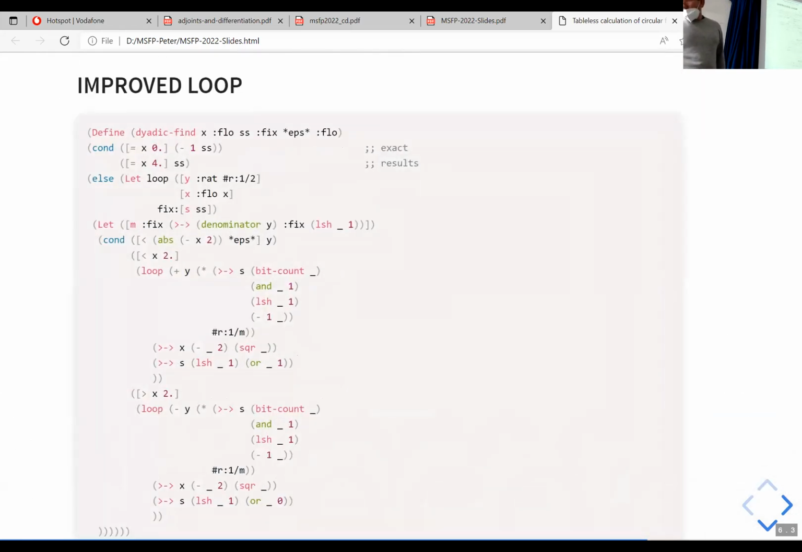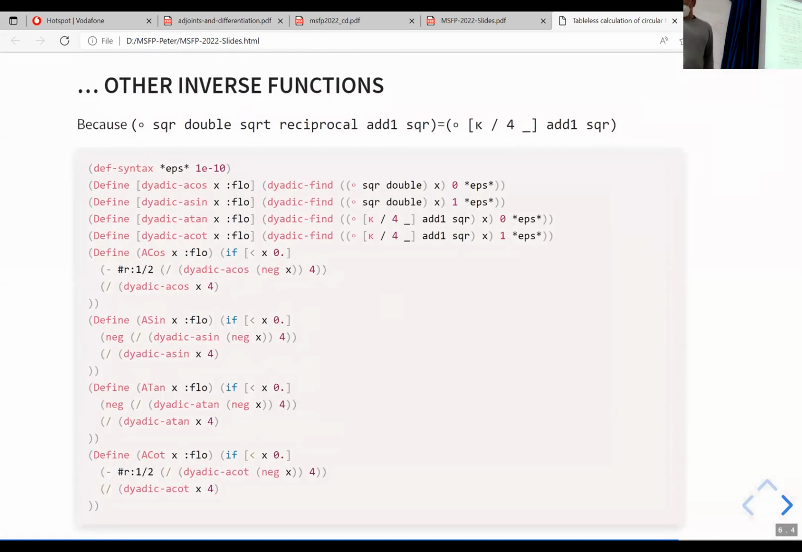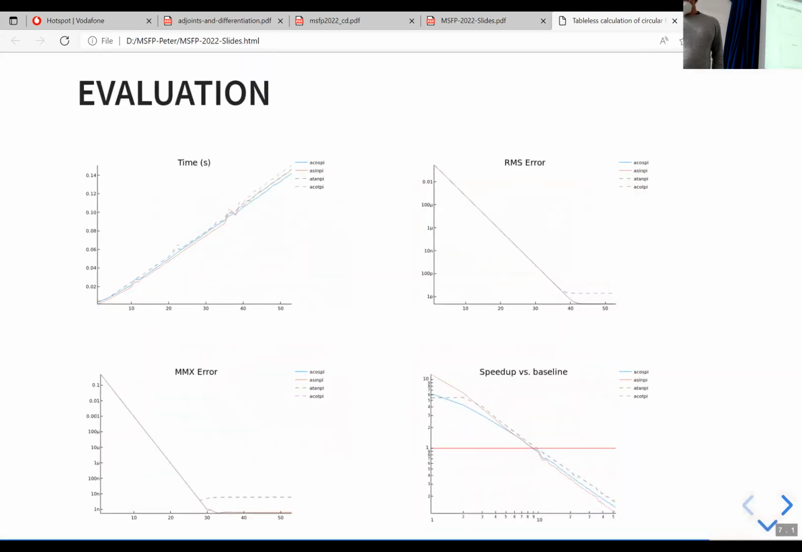So if we use that and improve our loop, basically, then we get back a function that we can find the dyadic rational based on the real input at any depth. Similarly, we can implement obviously other inverse functions, arc sine, arc tangent, and so on. So yeah, let's look at evaluation. Last 3 minutes remaining. So if we look at the time that it takes to evaluate those inverse trigonometric functions